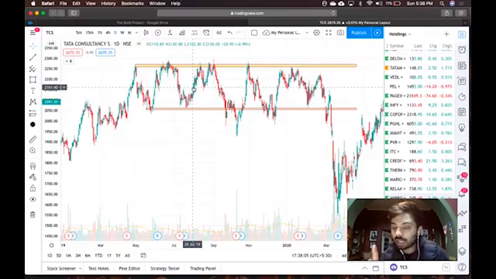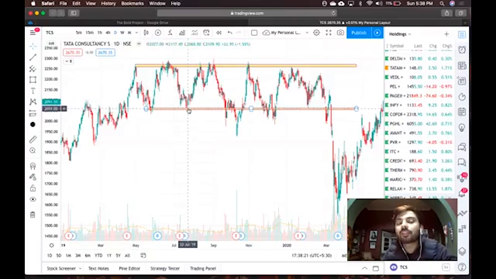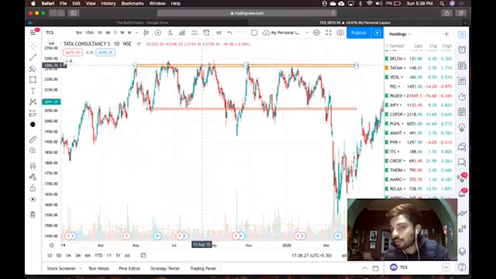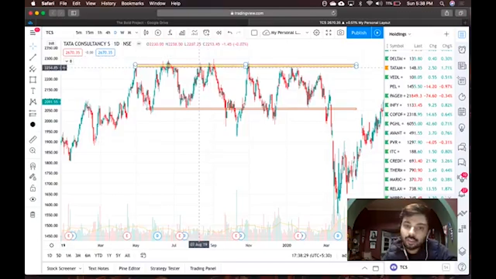So understand one thing, in the market, someone will always earn more than you. Don't get disheartened. You have to make your own money. Whether it is a small amount or a big amount, you have to be very disciplined in your approach. Coming to the same example, you talk to yourself and say, I'll buy at 2050, but I will sell it once it comes to 2250. I will not hold it above that. I will not sell it below that.